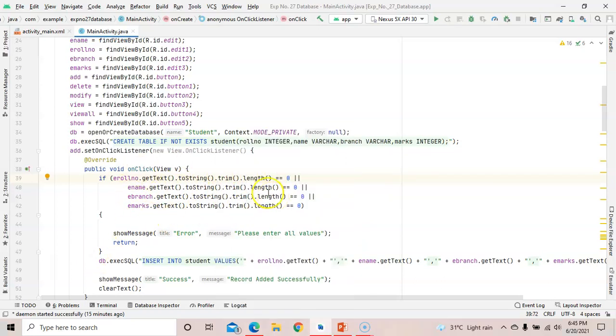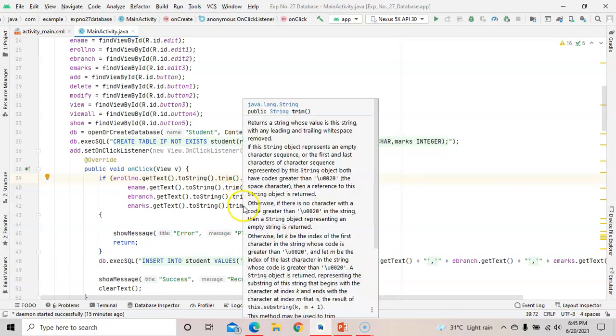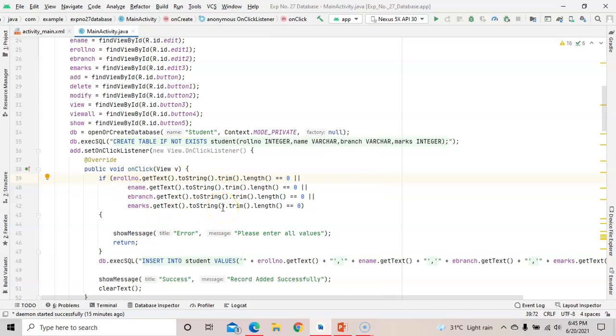So if eRollNumber is 0, then the condition will be true. If eRollNumber is not 0 but ename is 0, then also the condition will be true, because we have used the logical OR. It means if any one of those conditions is true, then the whole condition is true. That's why we have used the OR.